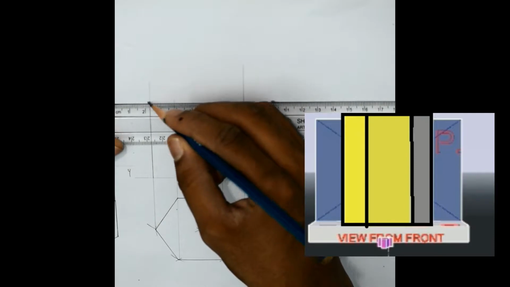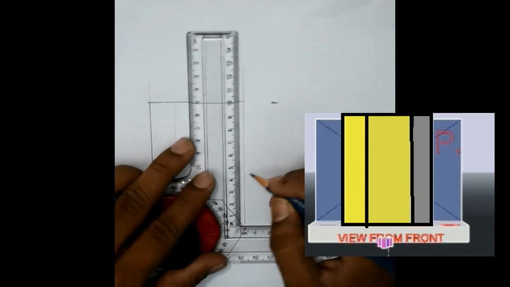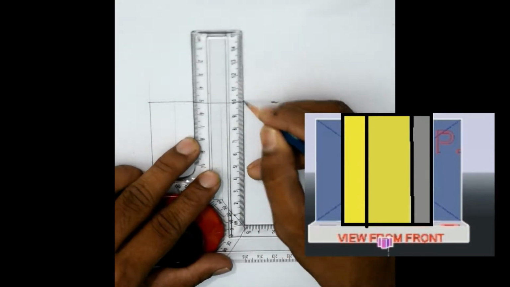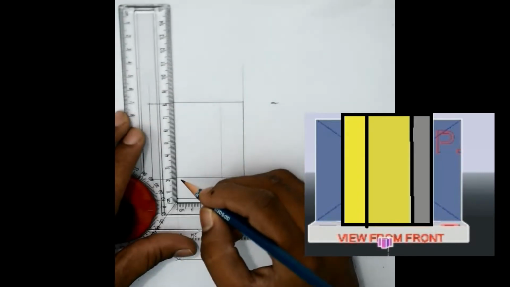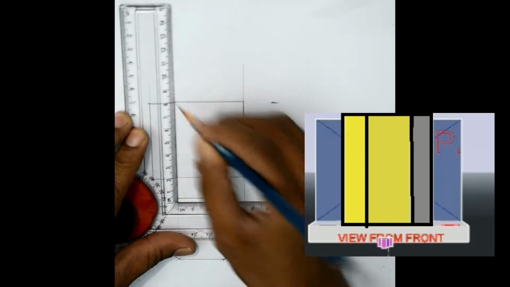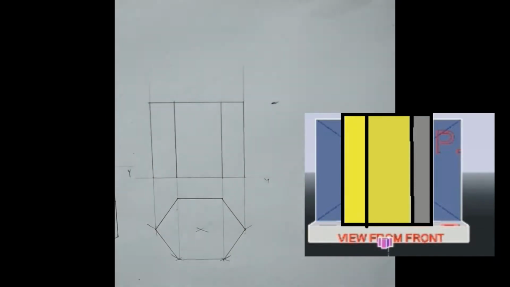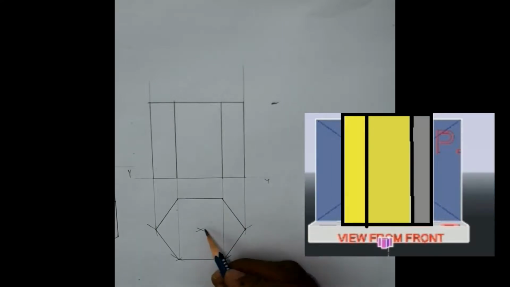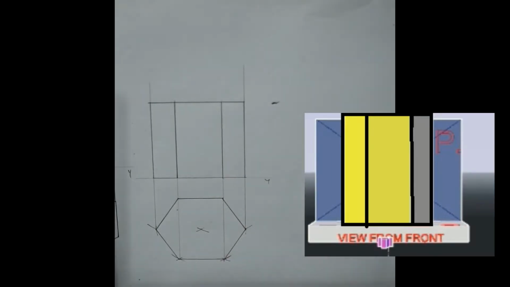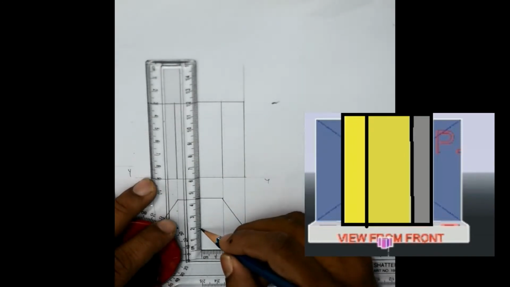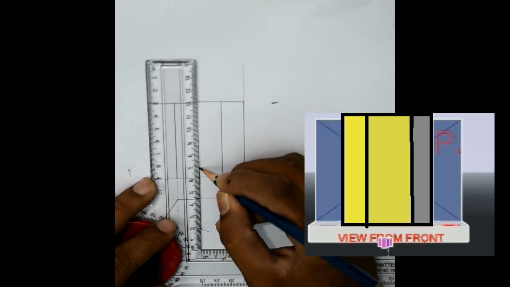Once again, now by using a 2H pencil, I have to darken just the portions which are visible. If you are using the compass method, you will get the center point also. So in this fashion you can draw the axis line also easily.